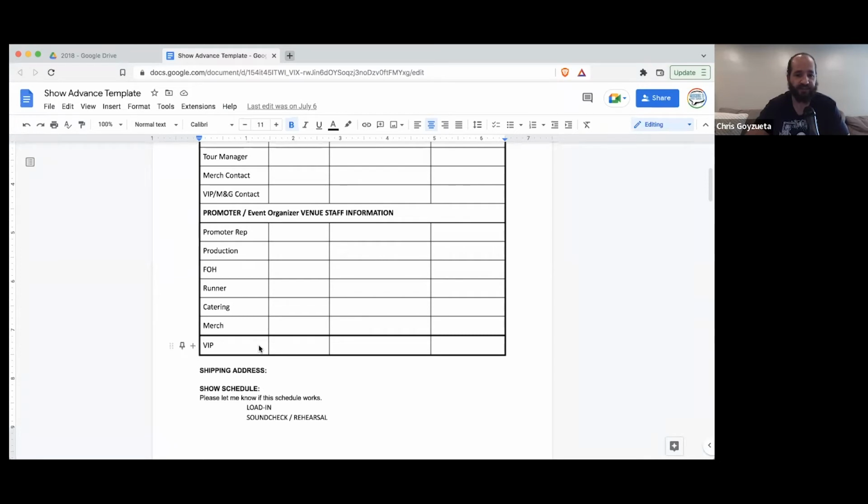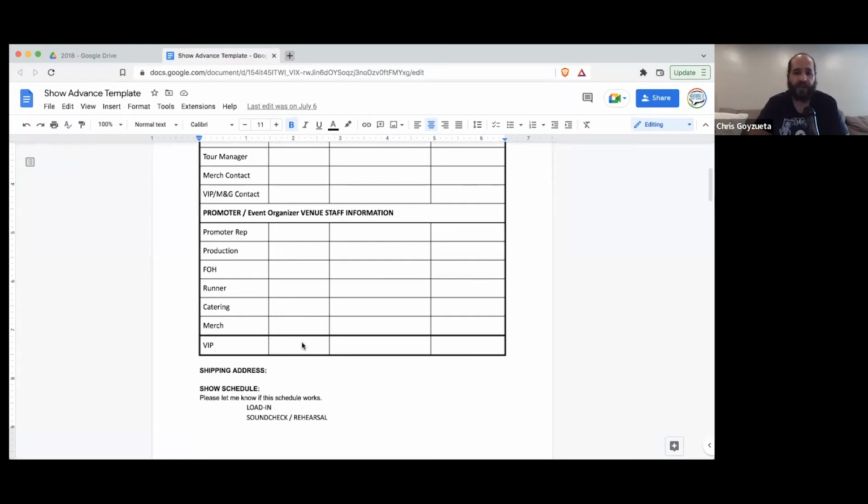As you see, there are just multiple different roles, right? And each department wants to talk to someone. And maybe depending on how many roles the tour has, if they only have a tour and production manager, now the tour manager and production manager have to talk to multiple different people. They're probably doing 20, 30, 40, 50 shows, right? So to make it easier for them,